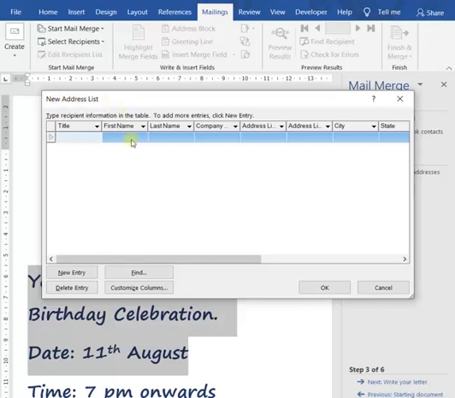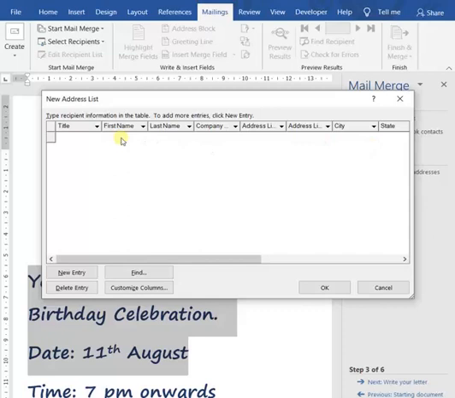Now you can see that some columns are given: title, first name, last name, company, address list, city, state. These are all ready-made columns they have given. Under these columns we can put entries.